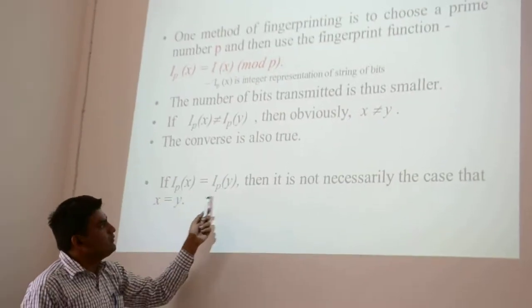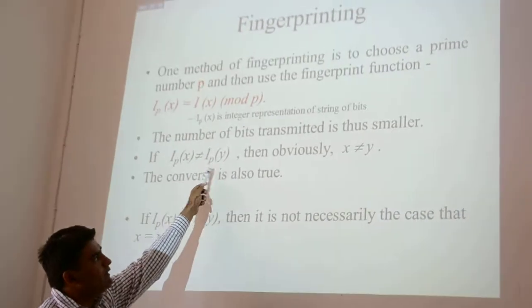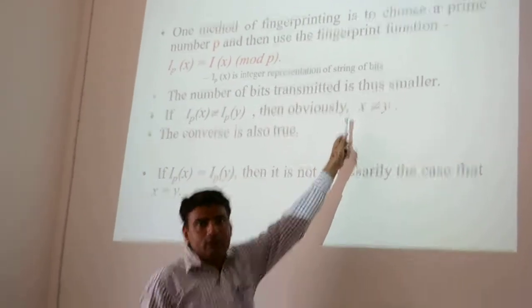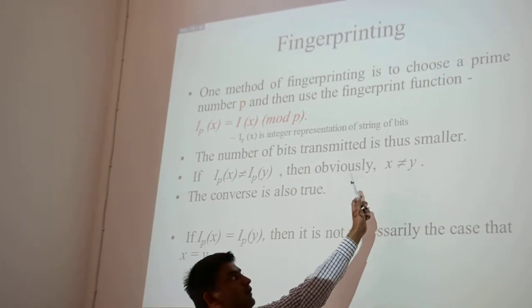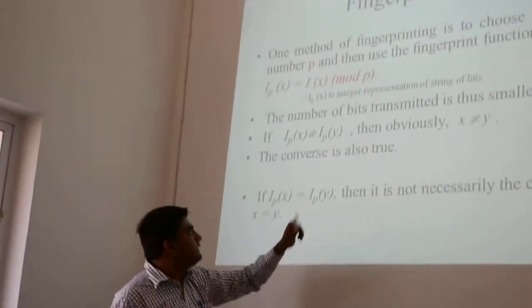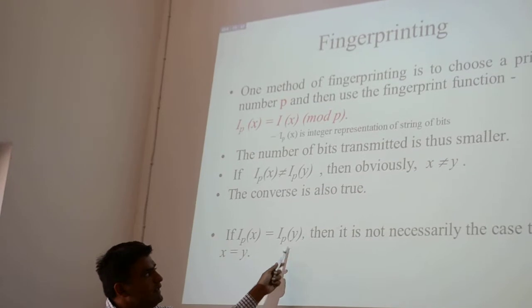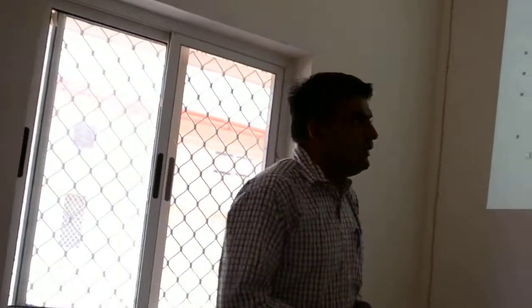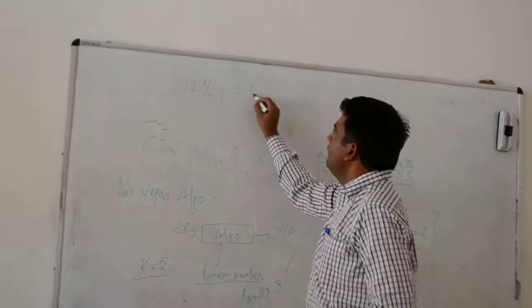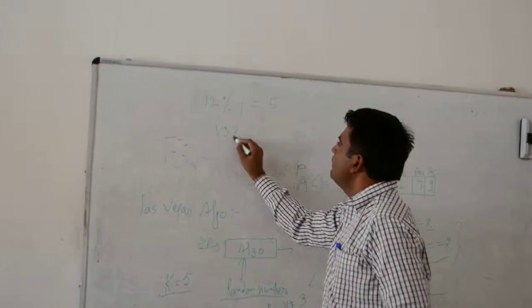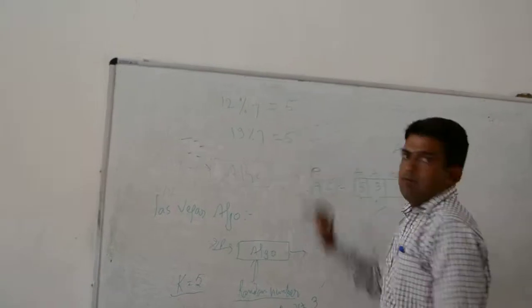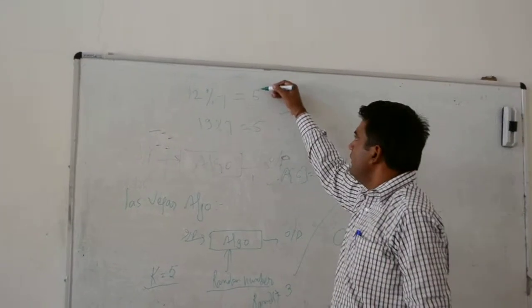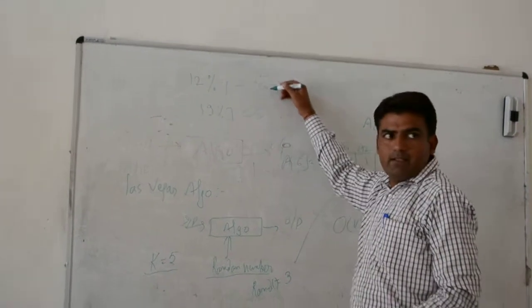If Ip(x) is not equal to Ip(y), then obviously the x and y strings are not the same. But if Ip(x) equals Ip(y), there is still a chance that the strings are not the same, because, suppose we take 12 mod 7, it gives 5, and 19 mod 7 also gives 5. So they say that if Ip(x) and Ip(y) are